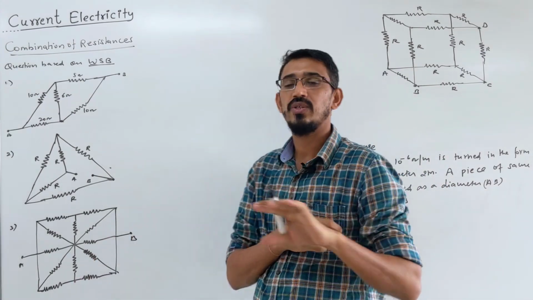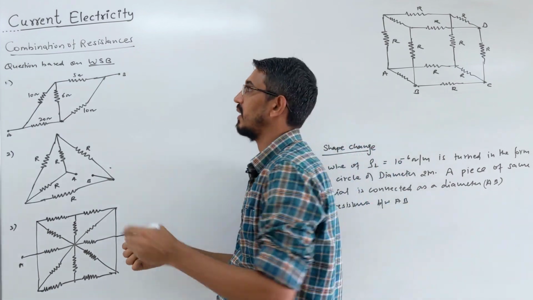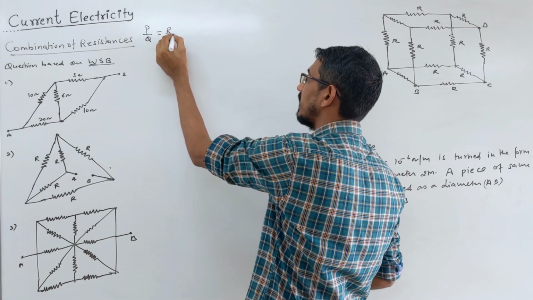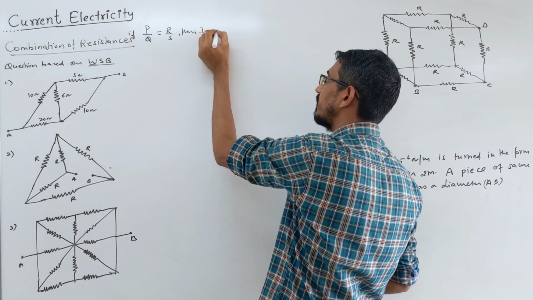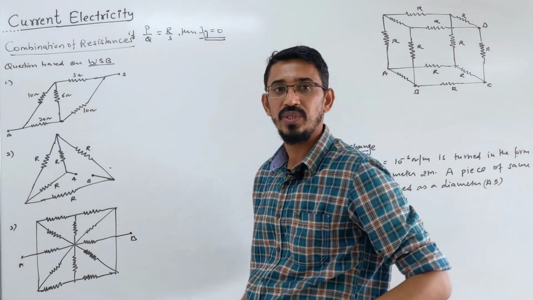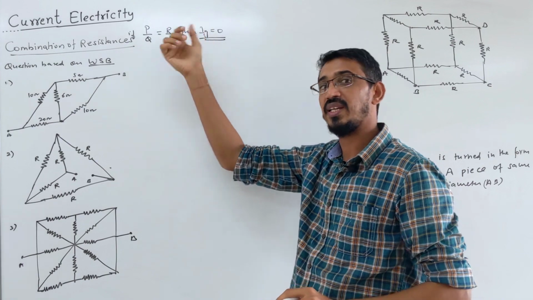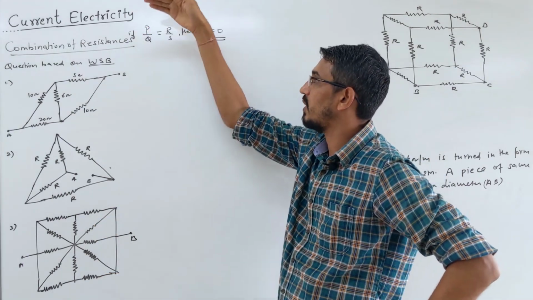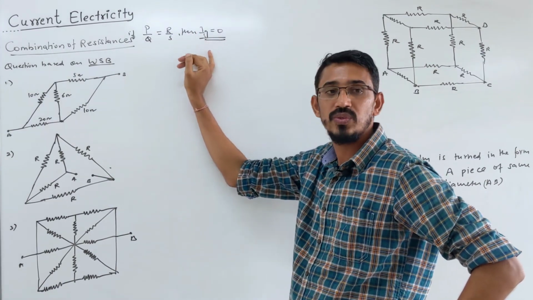In a Wheatstone bridge we have 5 resistances connected in bridge format, and we know the condition that if the ratio of P by Q resistance is equal to R by S, then the current flowing through the fifth, middle resistance is always 0, right? How this works and why, I will teach in the next lecture. I am using this principle only: if the resistance ratio P by Q is equal to R by S, then no current flows through the middle branch.